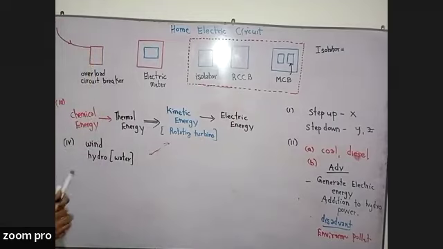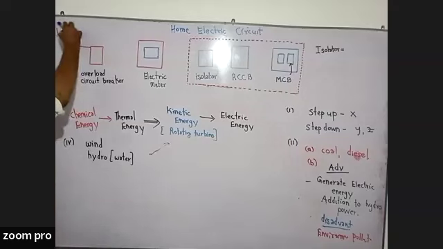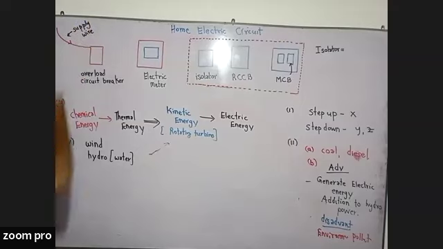First it goes towards the overload circuit breaker. Let's consider this one as a supply wire. This supply wire is initially connected to the overload circuit breaker,